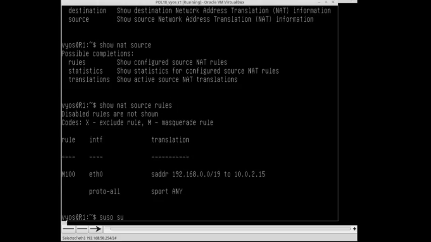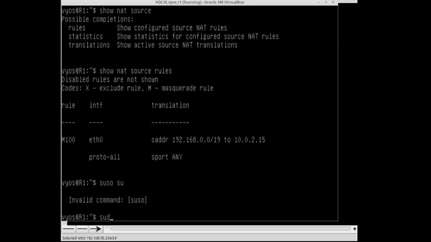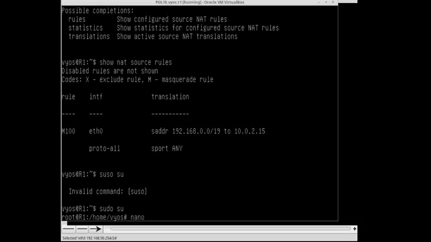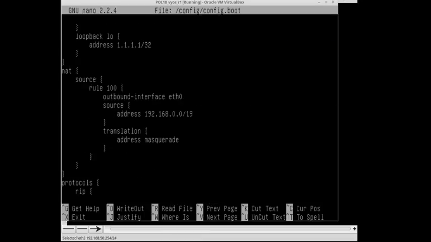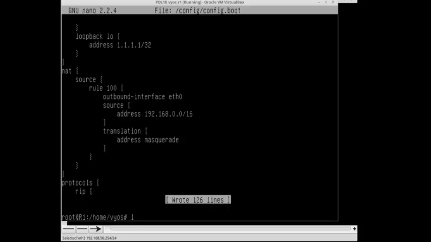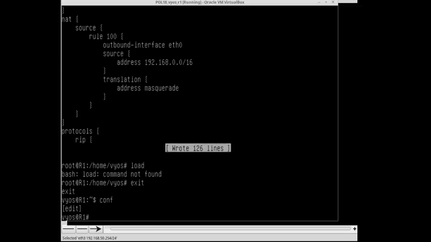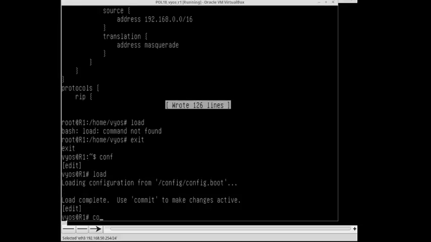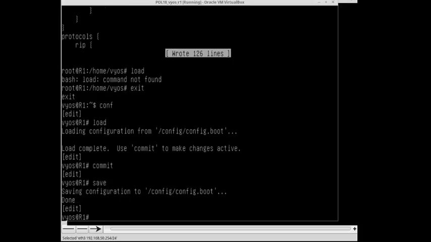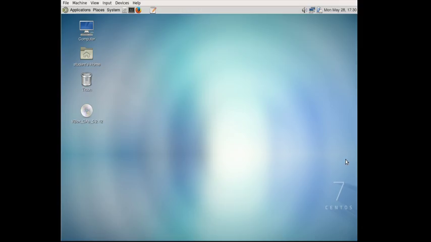Sudo su, oops, sudo su, and I'm going to change it this way. And on NAT source, okay, we're going to allow everyone, so we're going to give 16, okay? Copy, Control X, then we're going to load, sorry. Then we go to configure, and we're going to load the configuration, going to make commit, and save. Save is not necessary, but we're done, and let's check